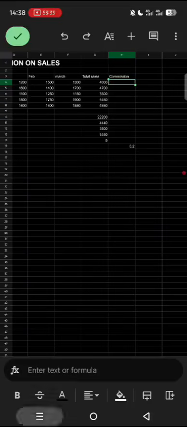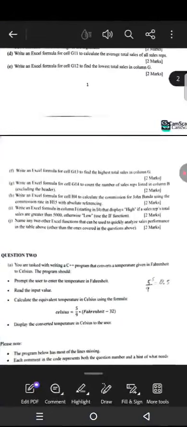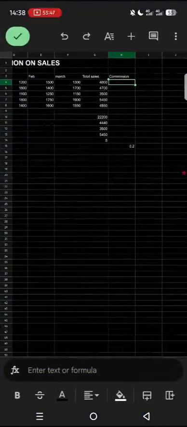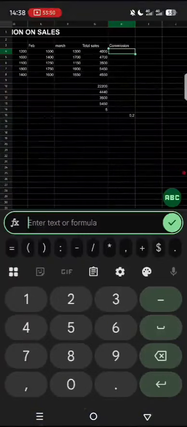0.2%. Now let's go back to the question. So the question is saying that, where is it? I can even forget. Okay, I'm on H. They want us to write the formula for John Banda in H4. So to calculate the commission, since I've explained to you how commission is calculated, I'm sure you